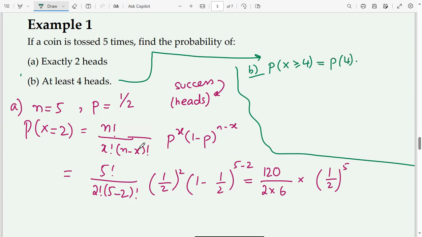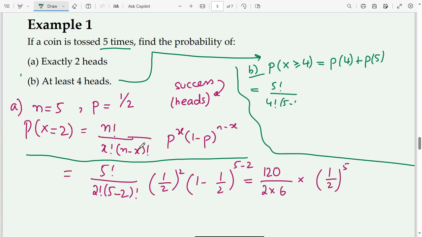Either the number of heads are 4 or 5, उससे ज्यादा हो नहीं सकते, because coin is tossed 5 times, right? सो वेरी सिंपली use the same formula जो इससे पहले आपने किया था, just plug it in directly. तो for P of 4 क्या होगा यहाँ देखिए, 5 factorial over 4 factorial (5 minus 4) factorial times half to the power 4 and half to the power (5 minus 4) is 1, plus probability of 5 आप कर लेंगे, वो भी इसी तरीके से डायरेक्टली आ जाएगा।